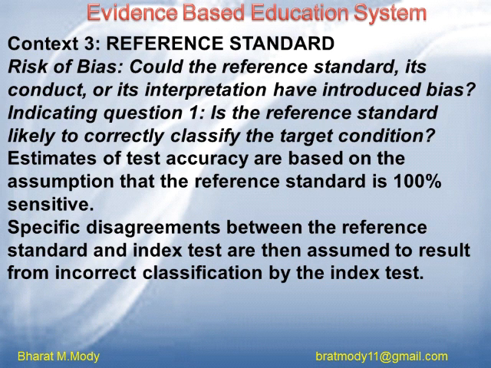The assumption is that the reference standard is always 100% sensitive, because that is the test which you are continuously using. So the knowledge of what the reference standard is giving should not be available when you are doing index tests. So specific disagreement between the reference standard and the index tests are then assumed to be the result of incorrect classification by the index. So the index test is found to be poor if the reference standard results are known to us